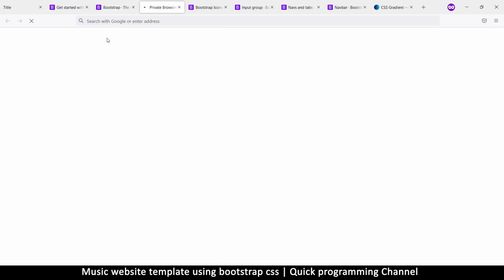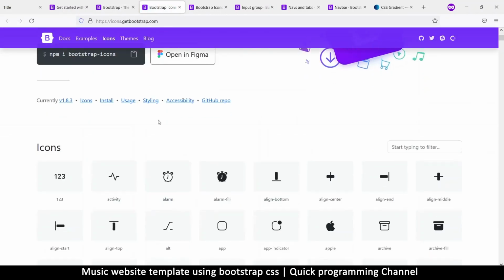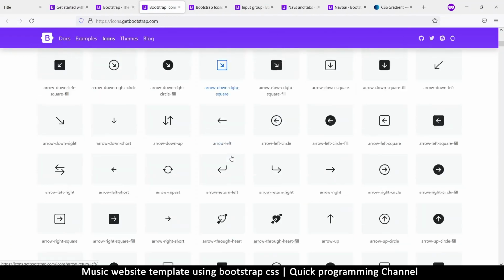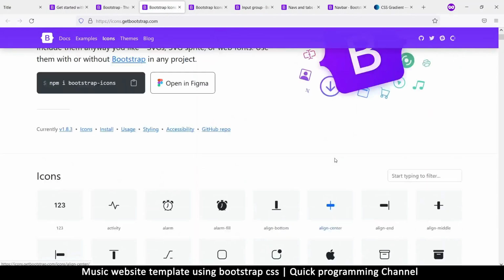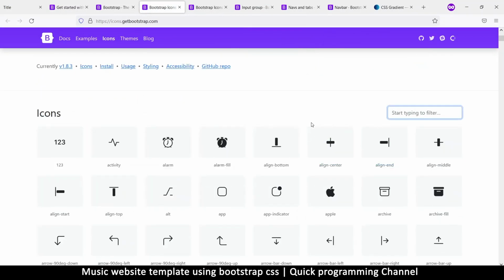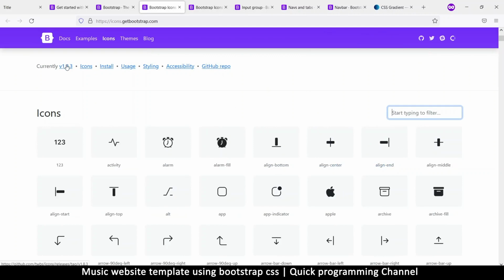And then we'll need icons as well. So let's go to the icon section here. What you do with this, come down here and get the current version. If you click on this, as you can see, this is the list of icons you have here. There's a search bar right over here. If you search for a specific icon, let's say person, you get some results here, which is pretty good. And if you click on this one, releases,